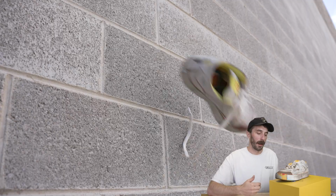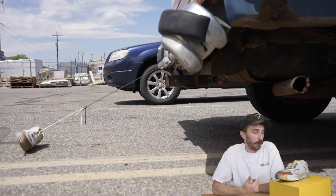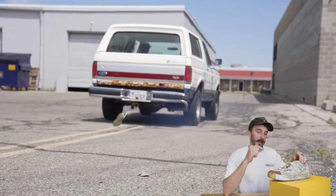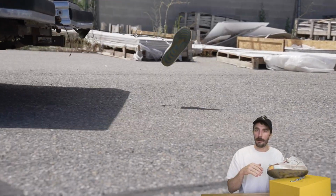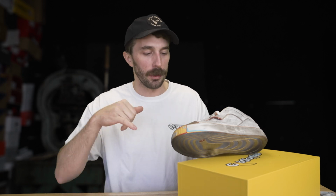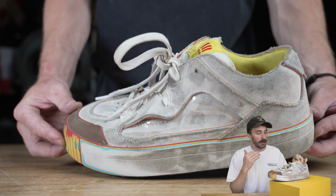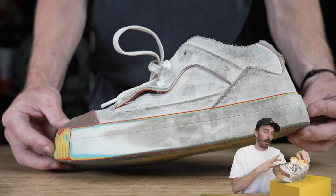And so we only had a week to do this. So instead of just walking 100 miles a day, we thought we would simulate the amount of wear that you maybe put on a shoe in a couple months by dragging it behind the Bronco. We ran into the same problem with the skating, where the actual shoe itself started to wear down before the materials wore down. So even for daily wear, there's a good chance you're gonna pop one of these stitches and you're gonna get to a point where your shoe has failed before you really reveal all the different layers of